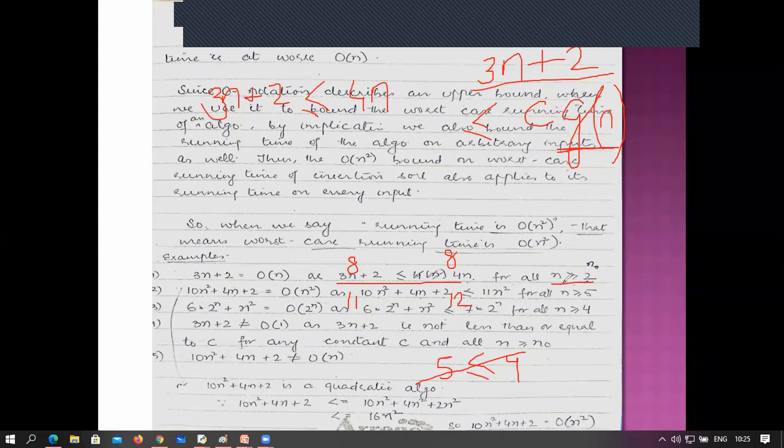Okay, that means जब n की value 2 या 2 से greater है, then you can say 3n plus 2 is always lesser than equal to 4n. If it is lesser than equal to 4n, you can say this is your C value and this is your gn. That means now I can say that 3n plus 2 is big O of what? Big O of n. Is it okay? That means the maximum complexity of my algorithm is n. It can't be more